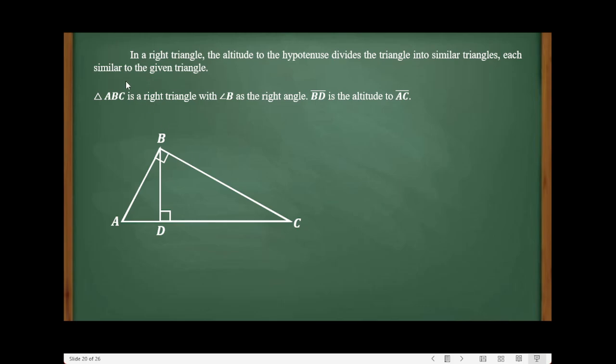Now, as the statement mentioned, the altitude divides this whole right triangle into two parts, and those parts are both right triangles, and each of these parts is similar to this entire right triangle. Okay,